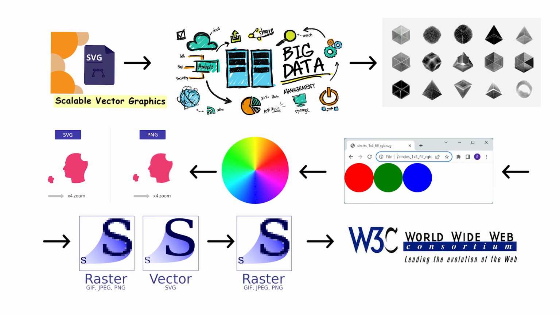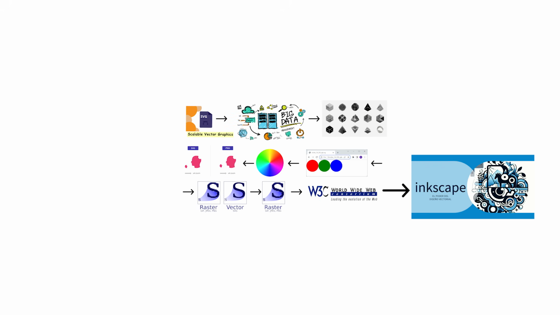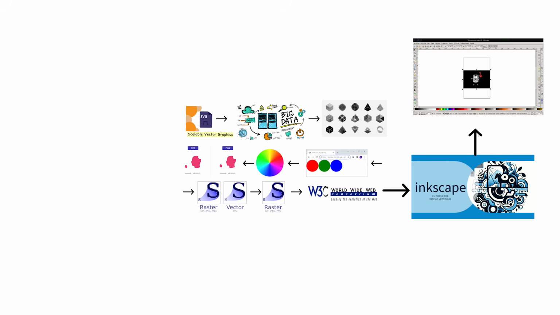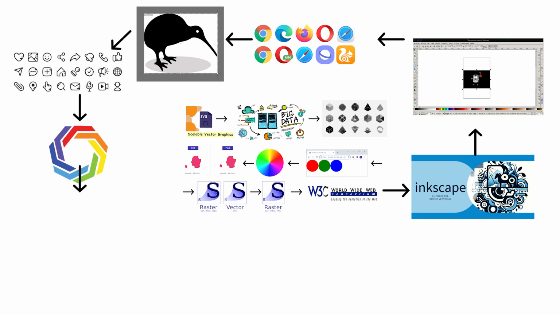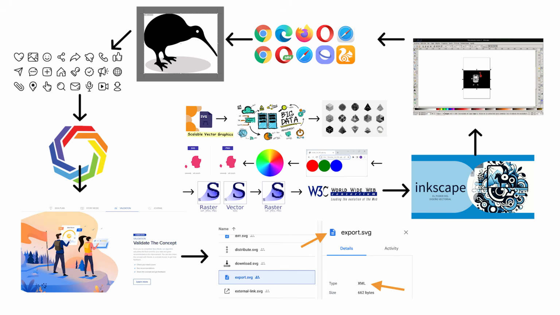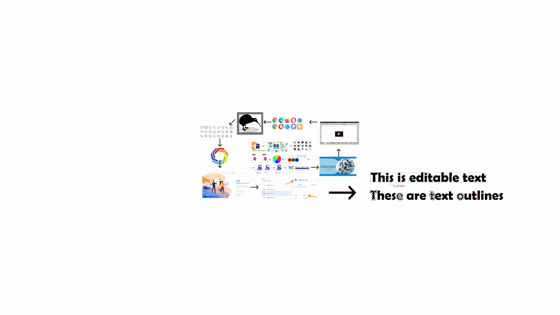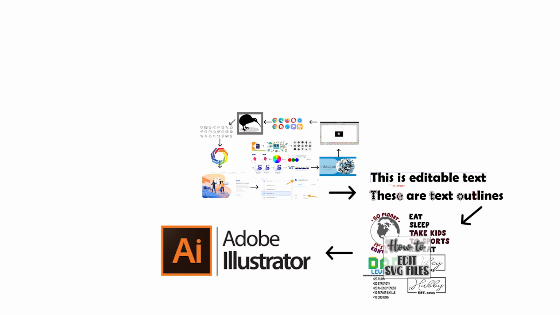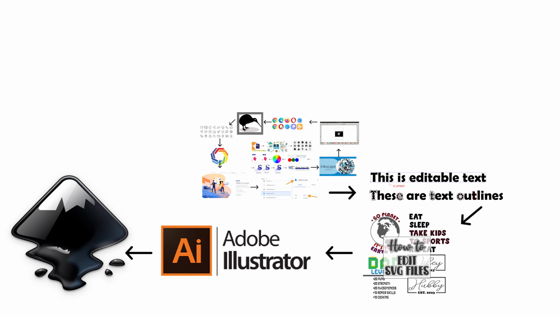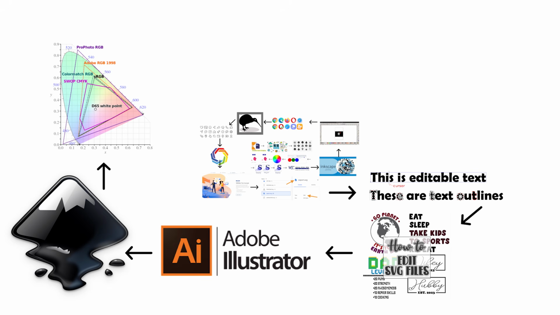mess. SVG was developed by the World Wide Web Consortium as an open standard and became the native format for Inkscape, the popular open-source vector illustration program. Every modern web browser can render SVG files directly, making them ideal for icons, logos, and illustrations on websites. Because SVG files are actually XML text documents describing shapes, they're also editable in any text editor. Though specialized vector software like Adobe Illustrator or Inkscape makes the process far more practical,